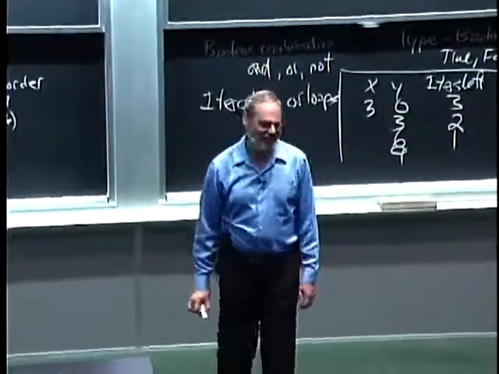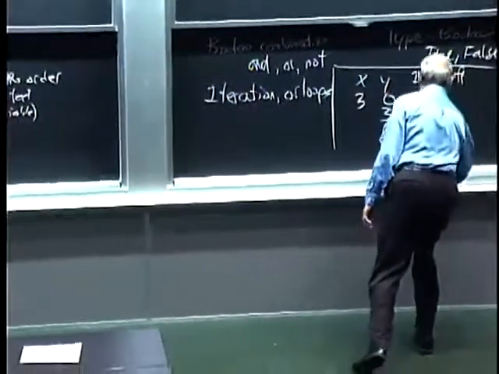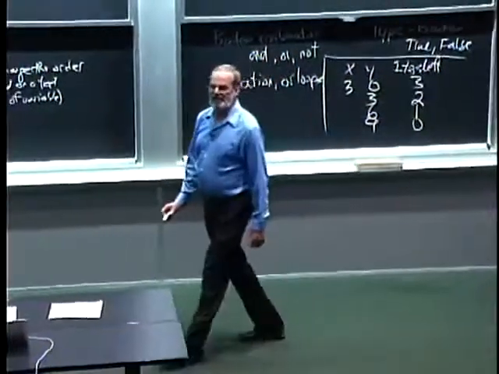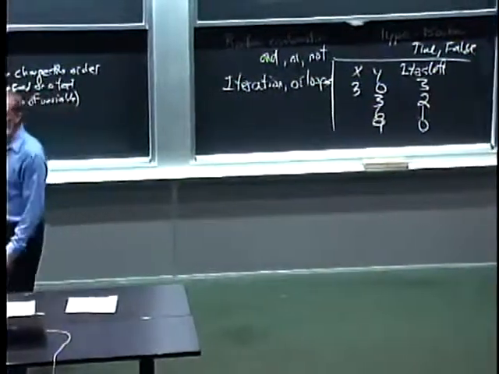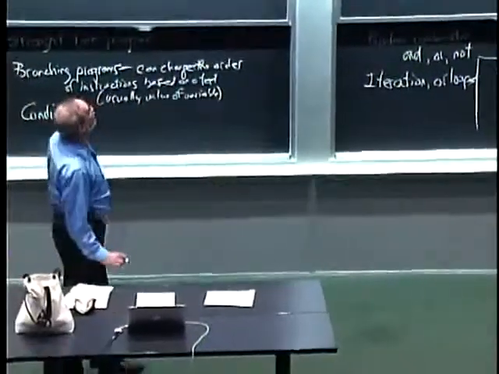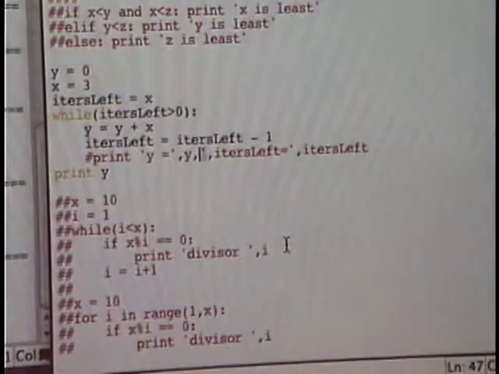X plus y, subtract 1 from iters left. Go back up to the test. Is iters left's value greater than 0? No, it is not. Therefore, skip the rest of that block of code and go to the next instruction, which is, print out y. And in fact, if we test this,